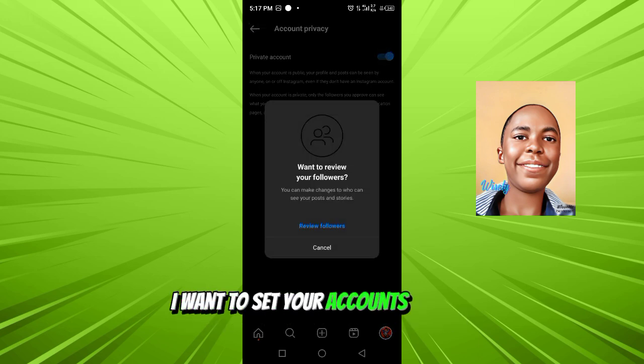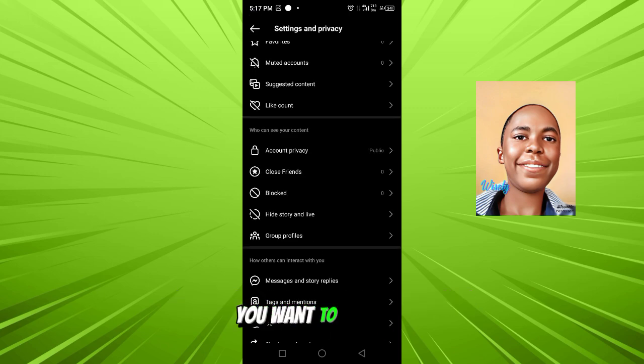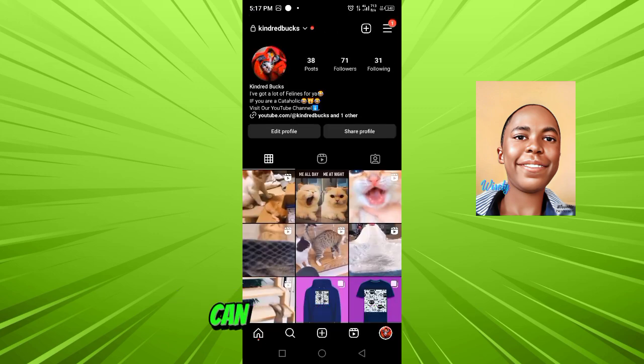And once you set your account to private, you want to go back. And once you've gone back, you can see no one is going to view your followers list or your following